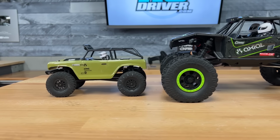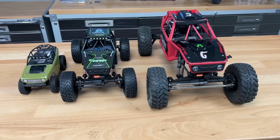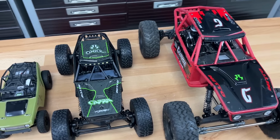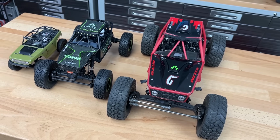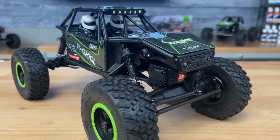Here's a quick size comparison with some of the other Axial rigs I have in the workshop. The SCX24 Deadbolt, the UTB18 in the middle, and over here on the right hand side is the 1/10 scale Capra 4-wheel steer version. So far I like what I'm seeing on here. We've got lots of ground clearance, good suspension travel, metal gears in the driveline, and I like the graphics on here,